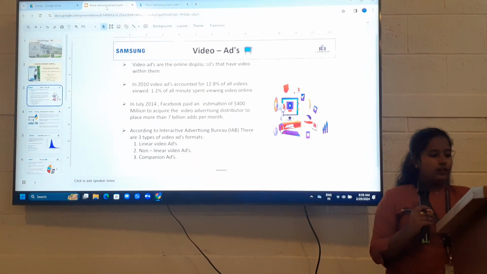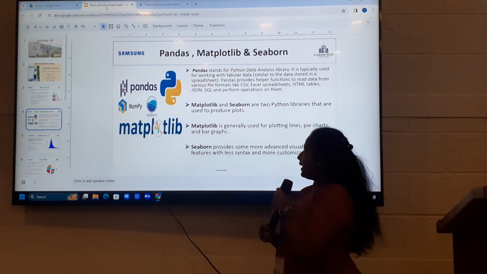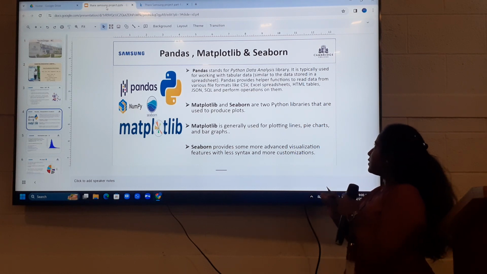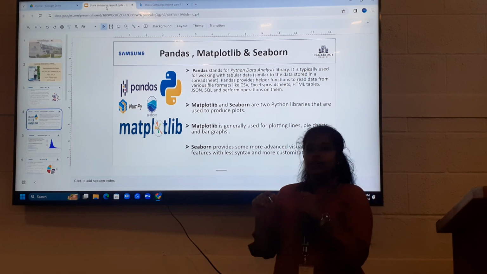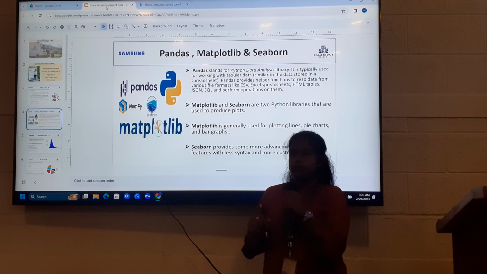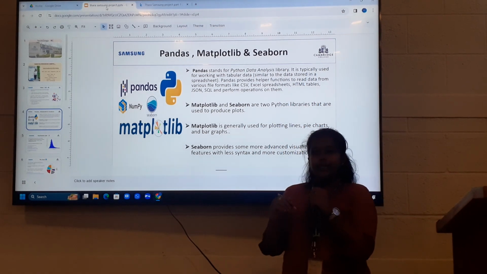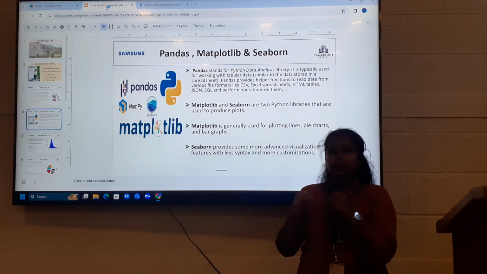Firstly, pandas. It is the Python data analysis library. It gives helper functions to read data from various file formats like CSV, HTML, JSON files and so on. When it comes to matplotlib and seaborn, these are Python libraries which are important in